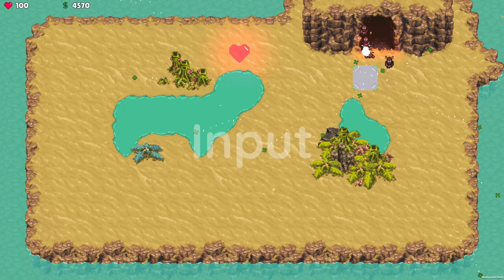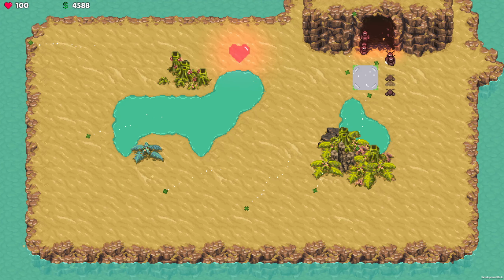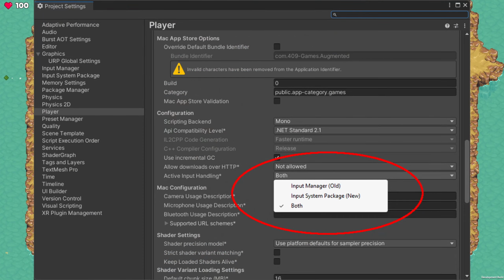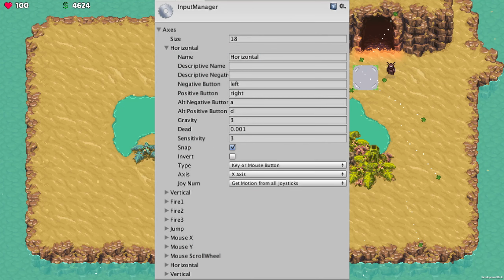on my list. Input. For input, as with the UI, Unity also presents you with a choice. Input Manager, old, or Input System Package, new. I've extensively used the old system and to me it always felt more like a quick solution for prototyping, rather than a fully featured input system. If you want to support multiple input devices, allow remapping and all of that good stuff, you'll probably end up building your own abstraction to make your life less miserable.